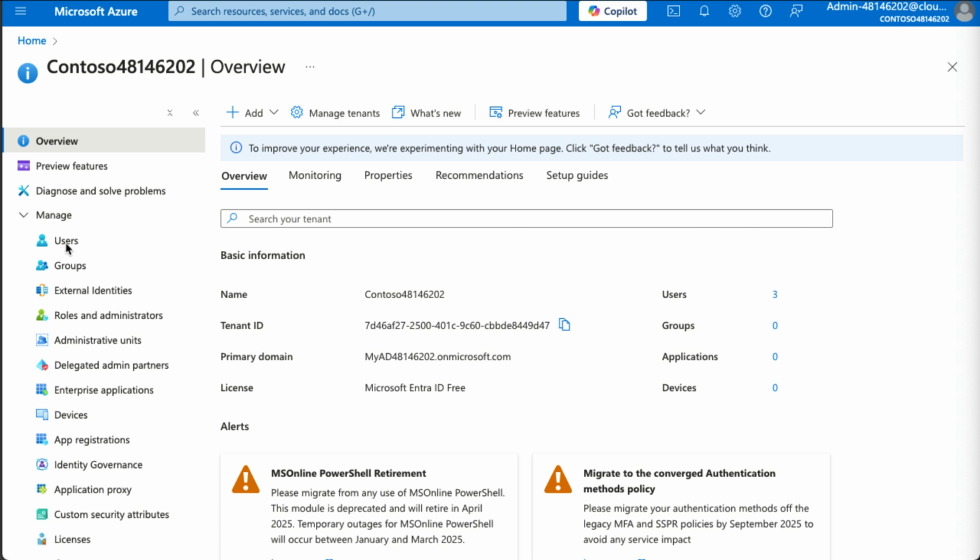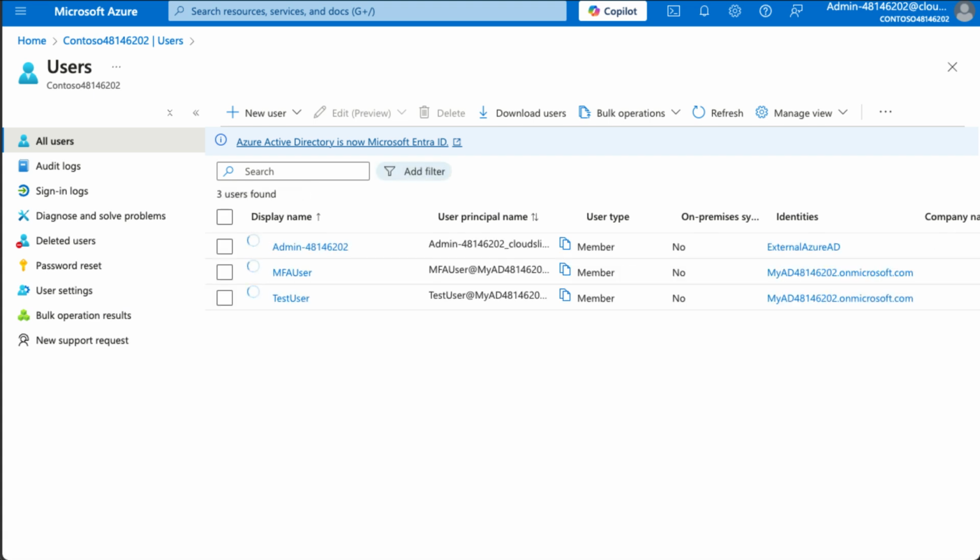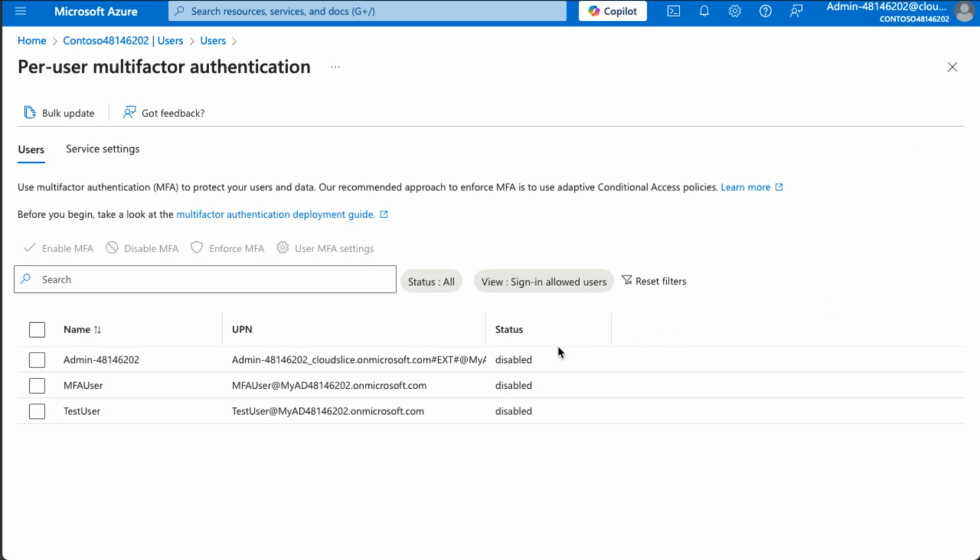So if we can go back to our users over here. Here we got all of our users. And we do have a tool up here called per user MFA. It might not be visible on the command bar, but you can open it up from the three dots menu. And that allows us to toggle MFA individually